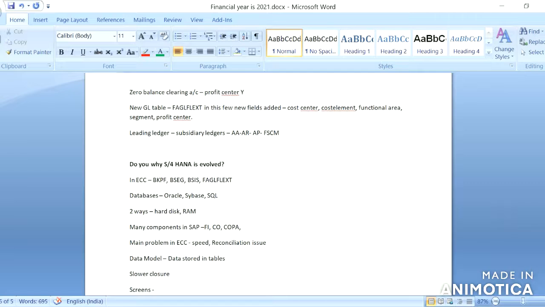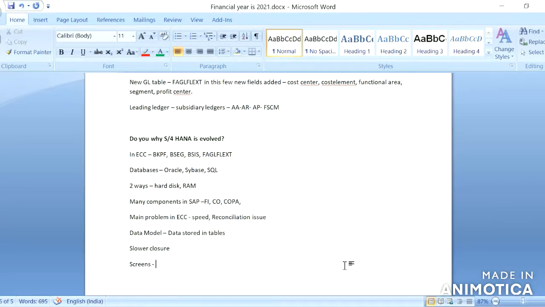As of now, SAP screens are too complex. There are lots of fields, and if we want to give training to new users, the screens are very complex, and it becomes a very tedious job for them even to remember all the processes. So they have simplified the SAP screens for end users.